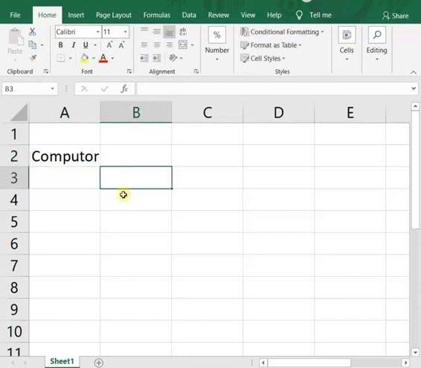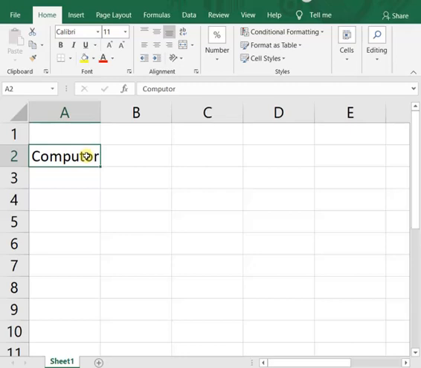Now editing means to change the data or modify the data. So to modify the cell, we have to select this cell again, that is make it an active cell. Bring the cell pointer on this cell. Now if we want to change it, we can do it in two ways.